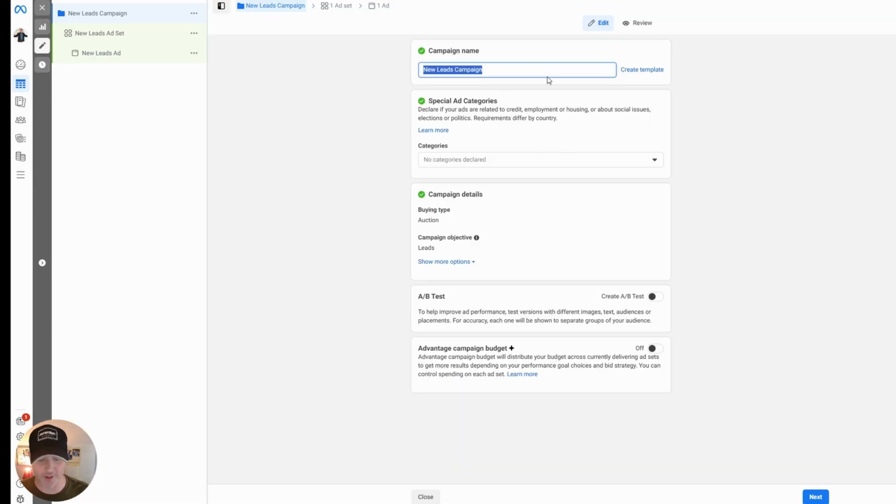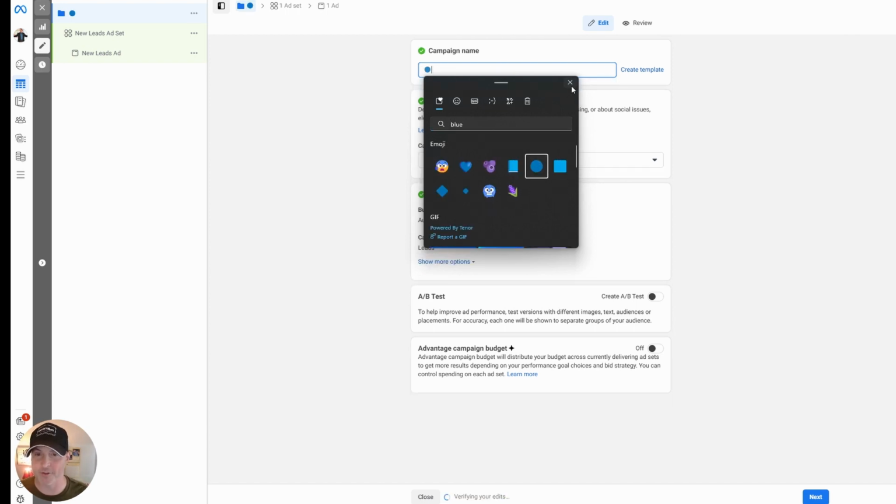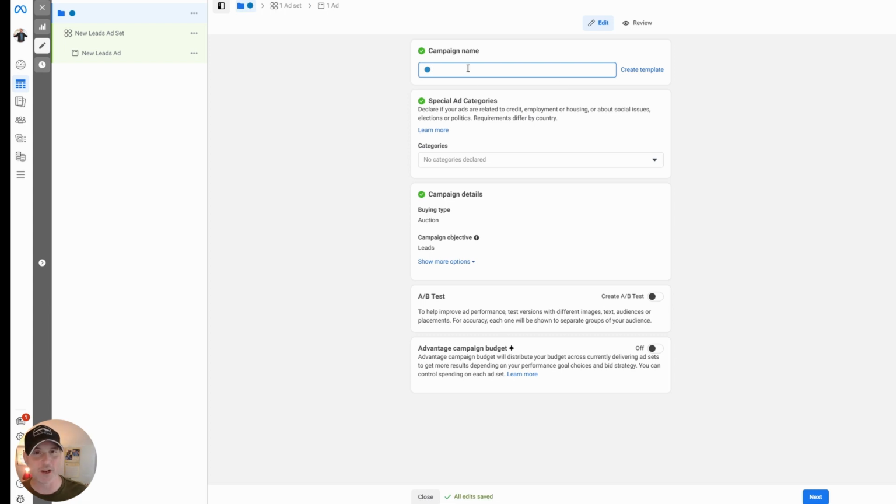Okay, so first thing we're going to do is start a campaign. I like to use emojis. First thing I do with emojis is I set it up so that it's the color of the stage of the funnel, right? We said cold, warm, and hot in the stages of the funnel. This is top of funnel, so it's going to use blue. I'm going to go TOF, and then I'm going to describe the campaign. So first thing we're going to do, as we talked about, was ABO testing, right? So we're going to call this ABO interest